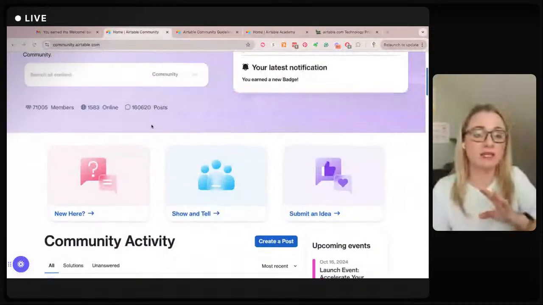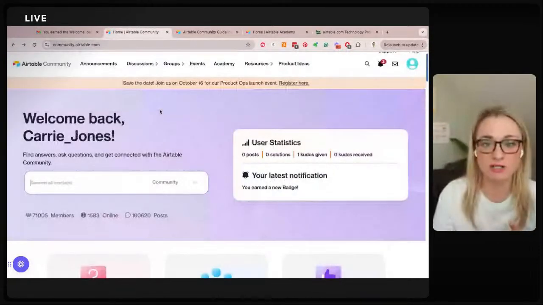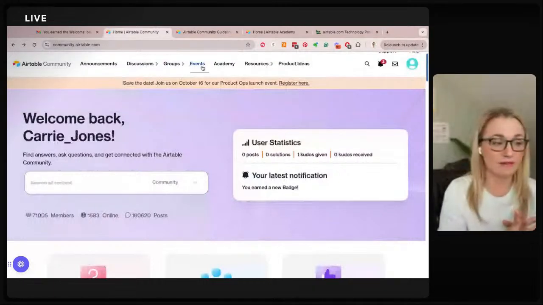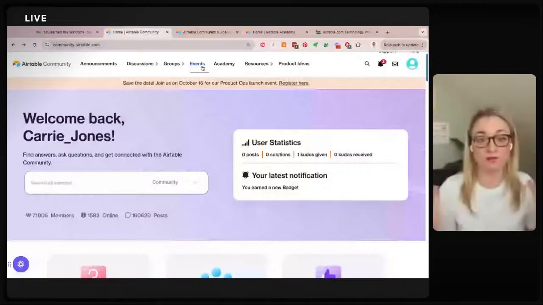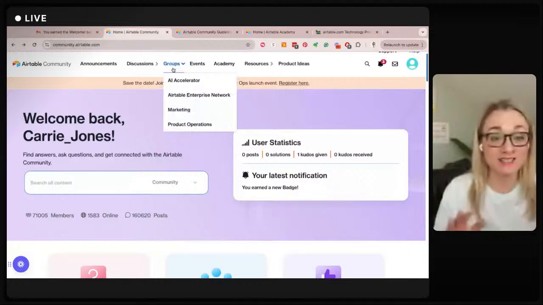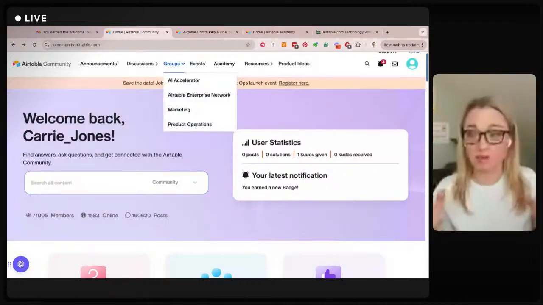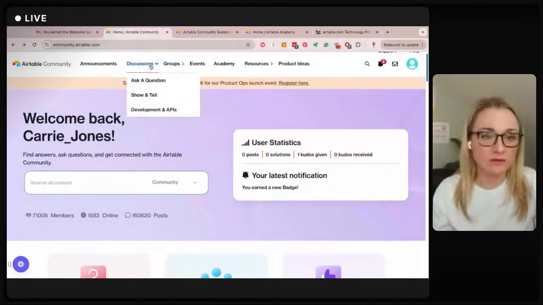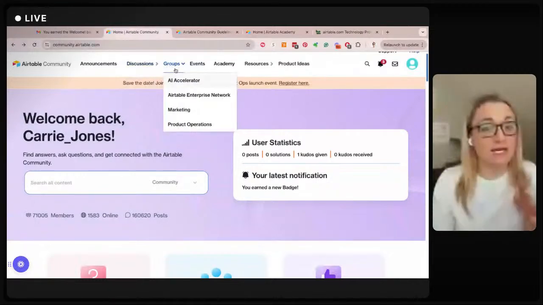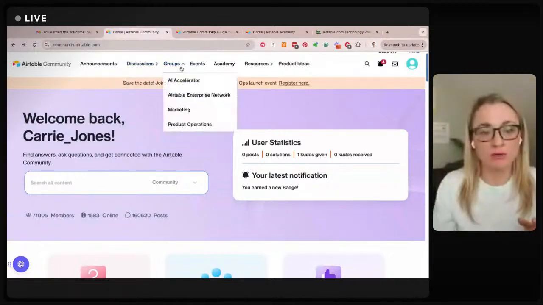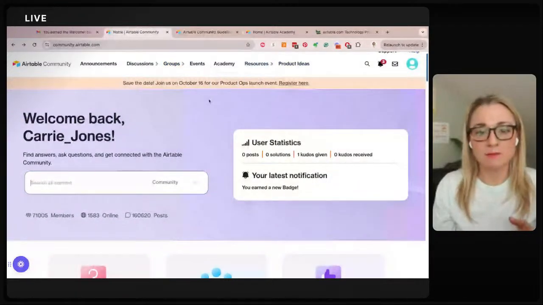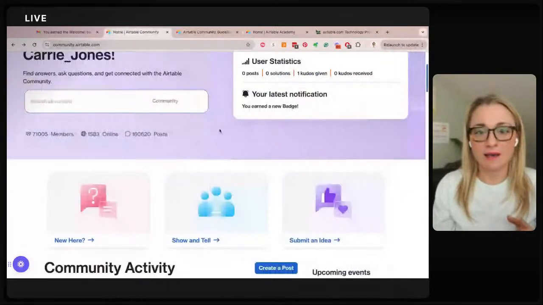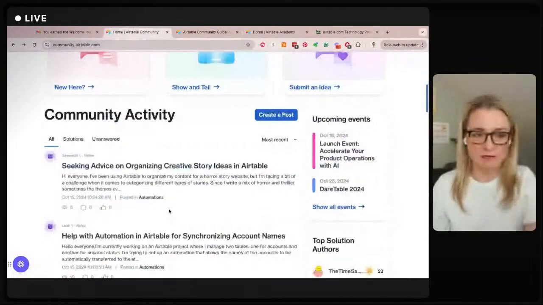I think there is a ton of potential here. I know community teams are very resource constrained. I know there's a million things you could be doing. So when you're looking at this, you're like, well, what do I prioritize? I can't tell you that just looking at this for like 20 minutes. What I can tell you though is my gut is telling me to go toward groups. This would seem to be a really high growth area. Simplify this, and then really simplify everything that's going on in the community and spend time